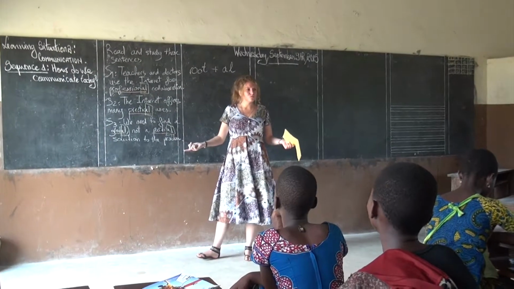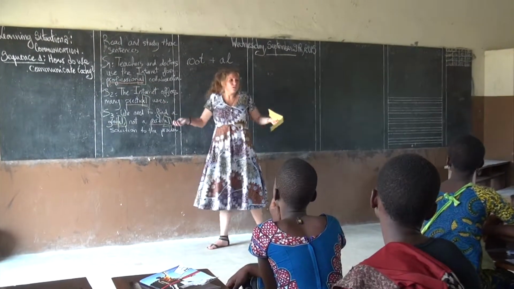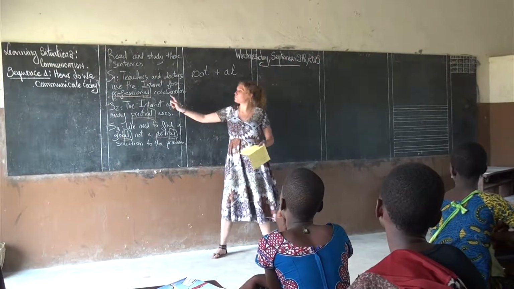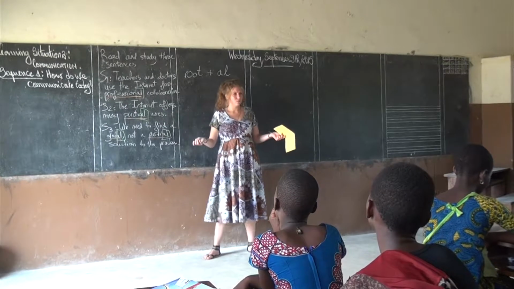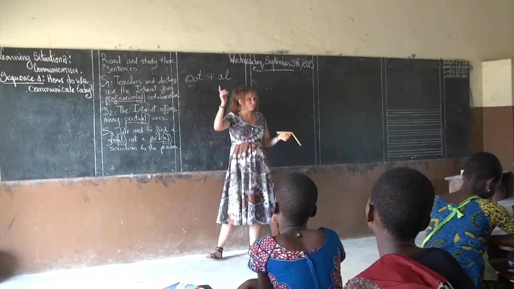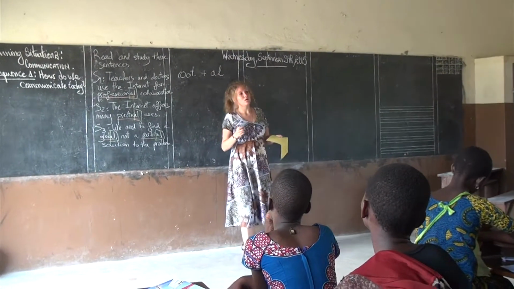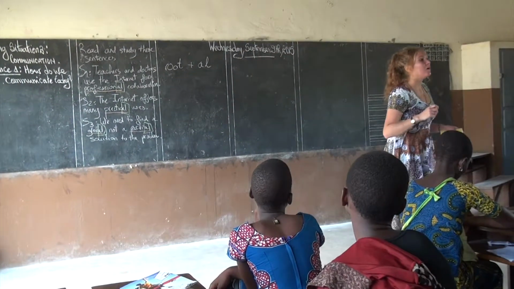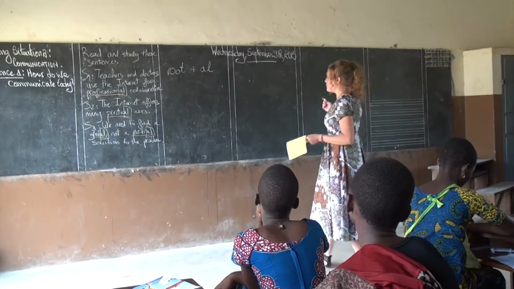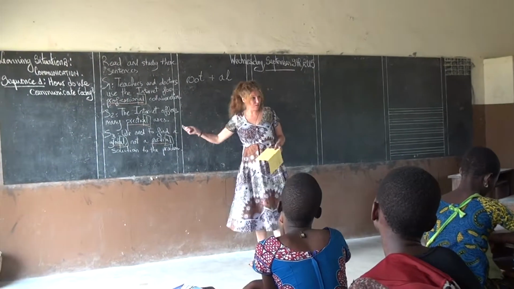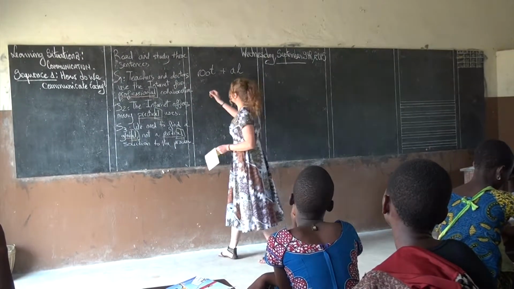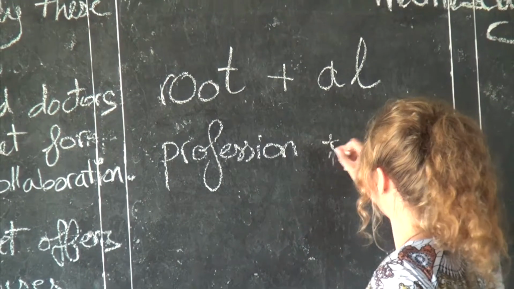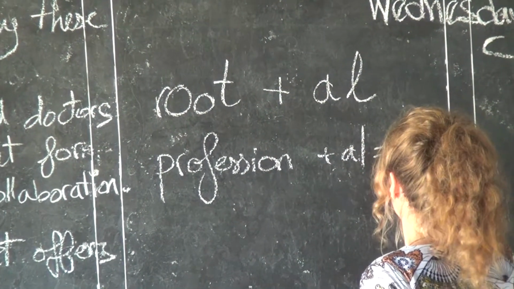What is the root? Professional. What is the root of professional? A noun, yes, it is a noun, very good. And it is profession, right? Very good. Profession, which is the root, plus AL equals